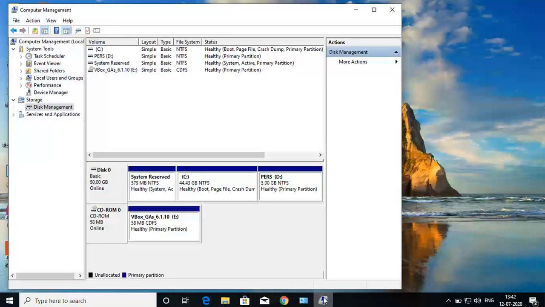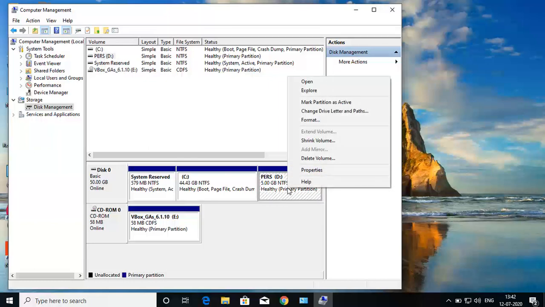We can also reverse this process. Suppose you want to delete this partition and merge it to C drive. For this we select this partition and click Delete Volume. Please remember, before deleting this partition, if you have any data in it, first back it up, otherwise all data will be erased.